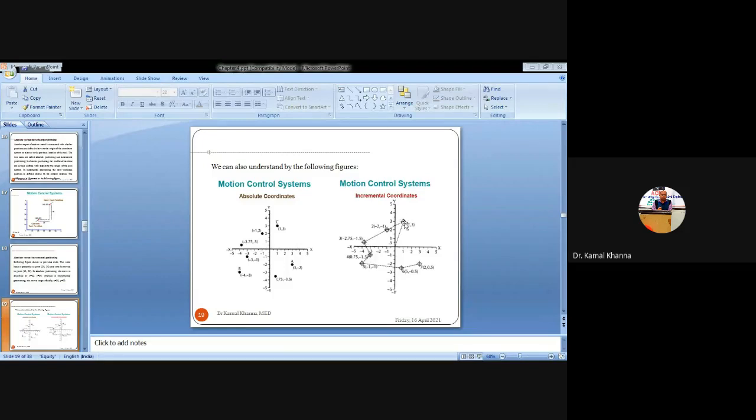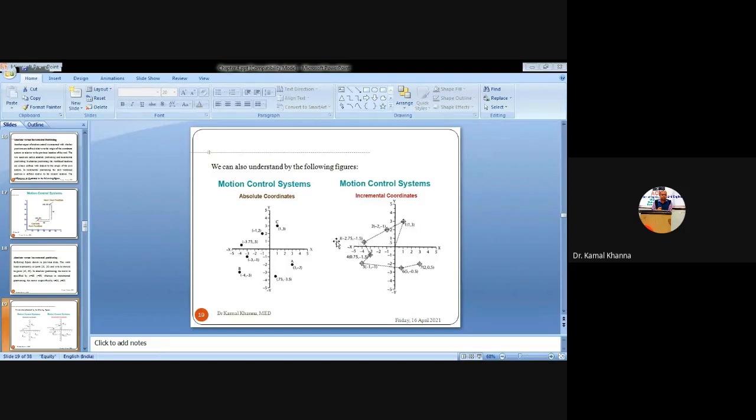So let us say this point is A, you can see the cursor of the mouse, this point is B. Whenever my tool is moving from point A to B, then an operation has already been performed on point A, so point A will become the origin and B will become the next point of operation. The coordinates of B will be defined by assuming that previous point as 0, 0, that is, it is considered as the origin for the next point of operation.